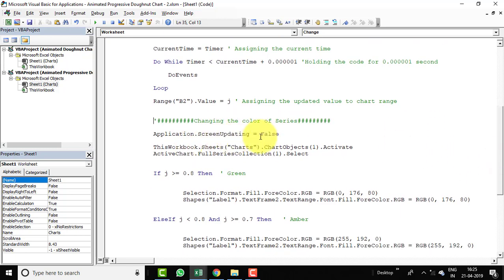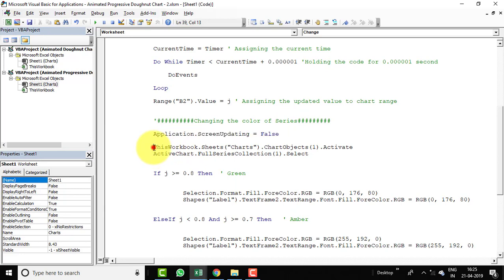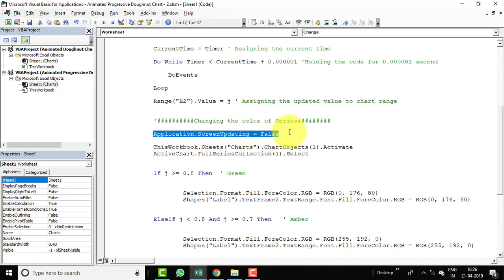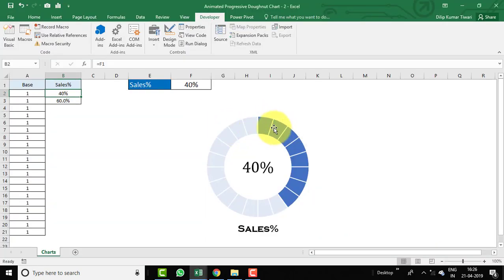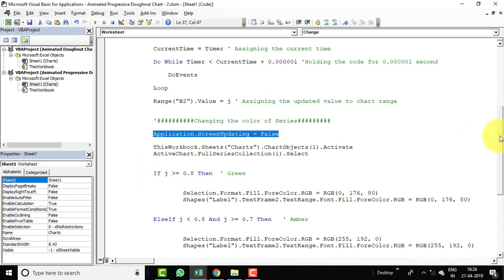So here we are setting screen updating to false, because we do not want the user to see that we are selecting the chart and then applying the color. That's why here we are activating the chart and selecting the series. To hide all these activities, we have used Application.ScreenUpdating = False, so the user will not be able to realize that this chart is getting selected. Okay, and now we are passing the